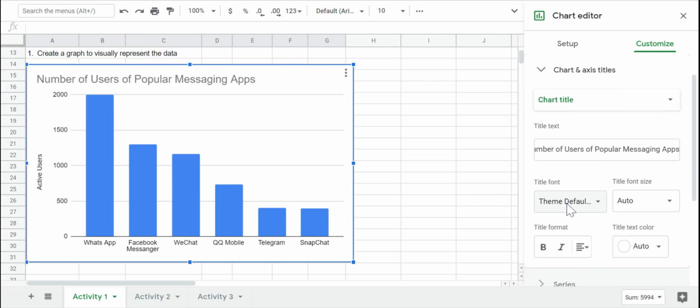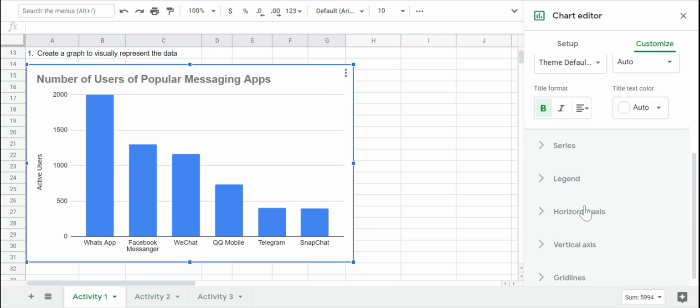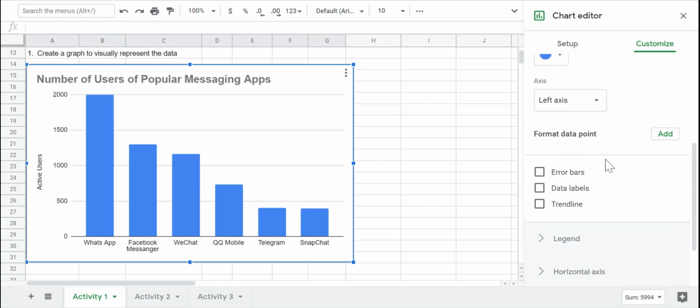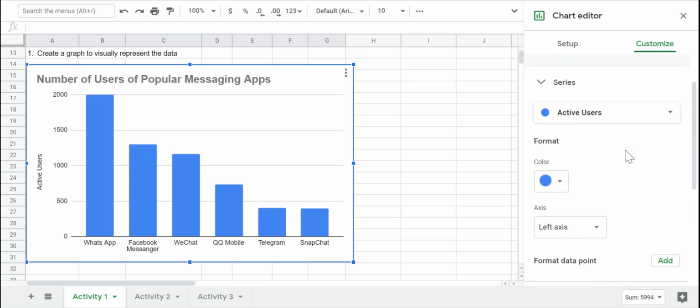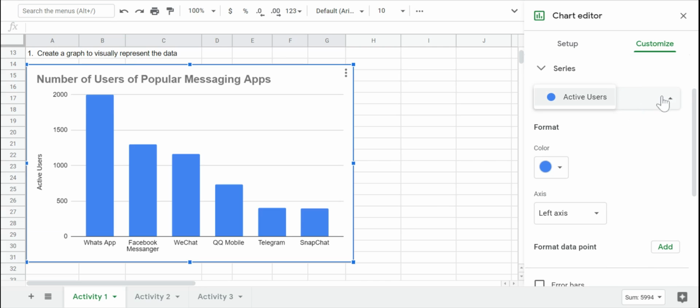We want to change that to make that correct, and we'll make it bold as well. So from there, we can go to the different series that we have. So this is the data groups that we want to work with. And so active users is fine. And then we could look at just as easily,